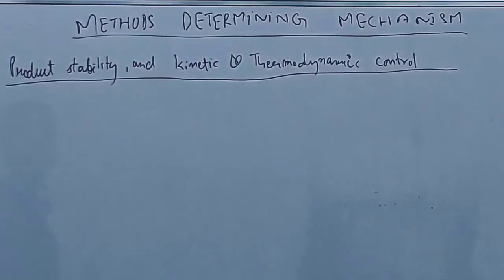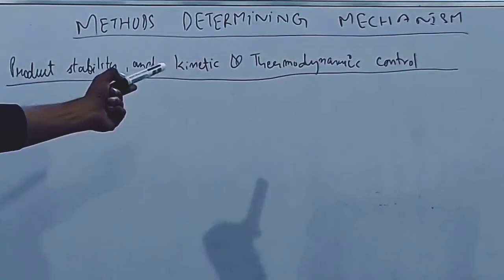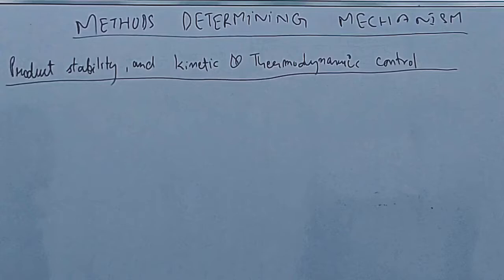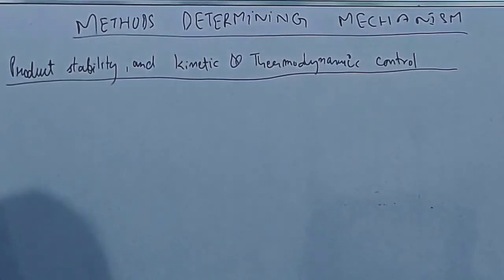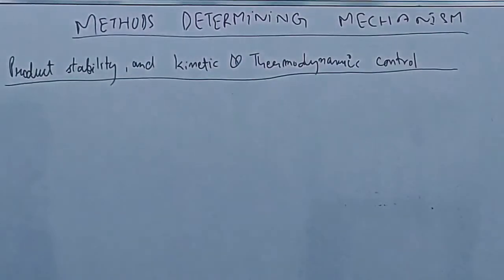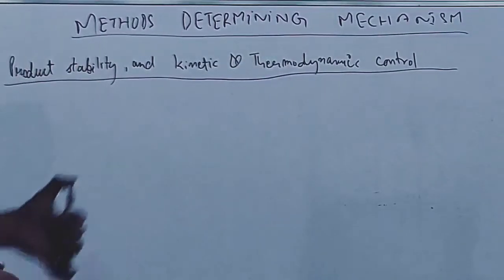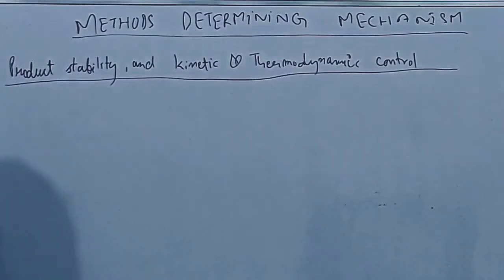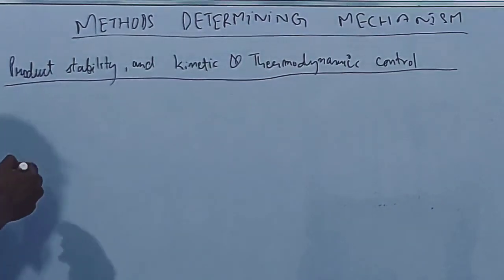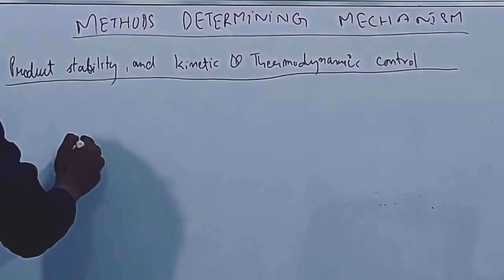In the second method, we have product stability and kinetic and thermodynamic control. In a chemical reaction, the initial products formed are kinetically controlled, and if we further delay that reaction, then the reaction will be controlled thermodynamically. I'll explain how. Suppose we have a cyclohexanone,